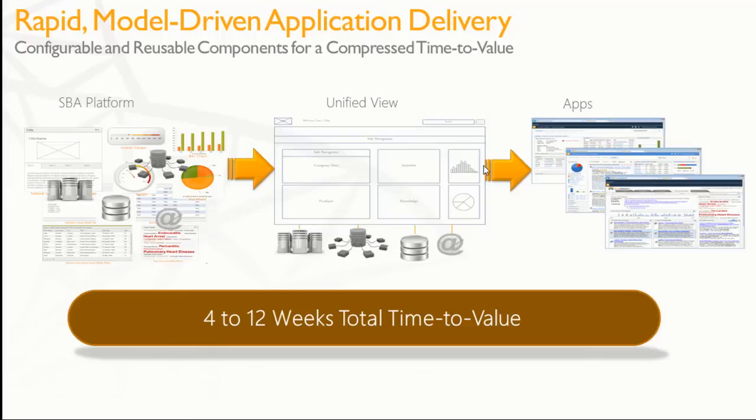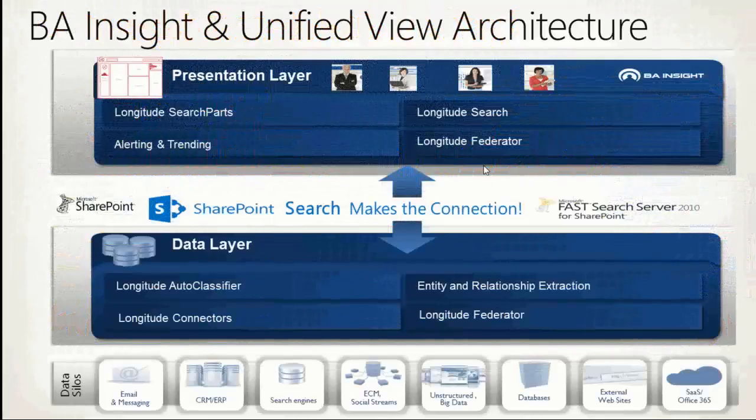That experience, just to remind you, has these two layers. It has the data layer. We've talked about indexing, federation, classification. These are all BA Insight products. And it has the presentation layer, where again, we've talked about Search Parts, and a product called Longitude Search, which